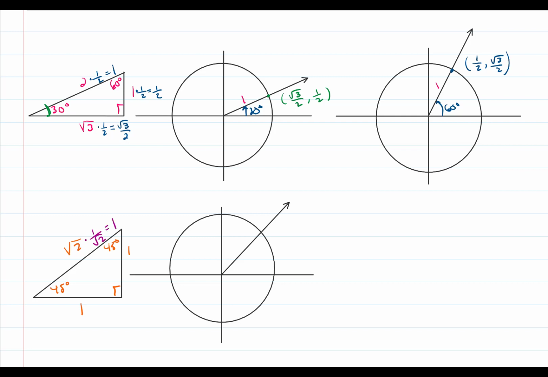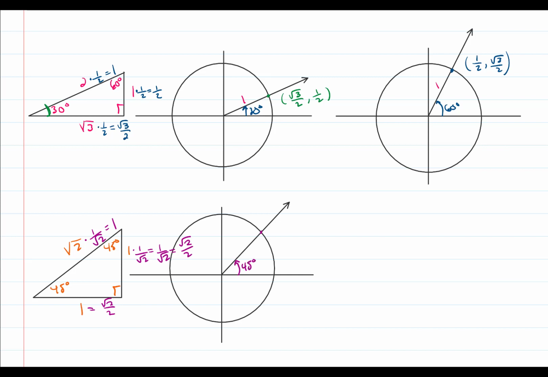This will then give me a radius or a hypotenuse of 1. I'm going to do the same thing to both the other two sides, so I multiply by 1 over square root of 2. This gives me a value of 1 over square root of 2. I then need to rationalize the denominator, and so I get square root of 2 over 2. I then repeat the same process for the other side, and I still get that square root of 2 over 2 value. I can now use that information to analyze the 45 degree angle